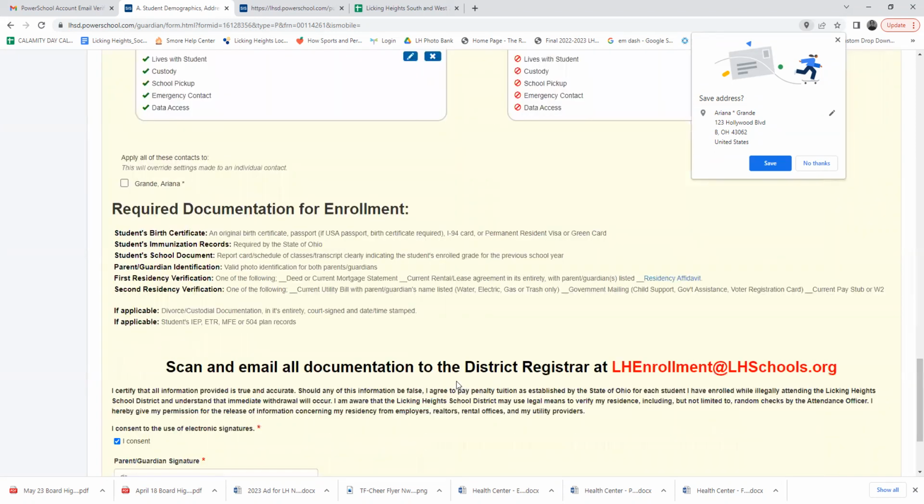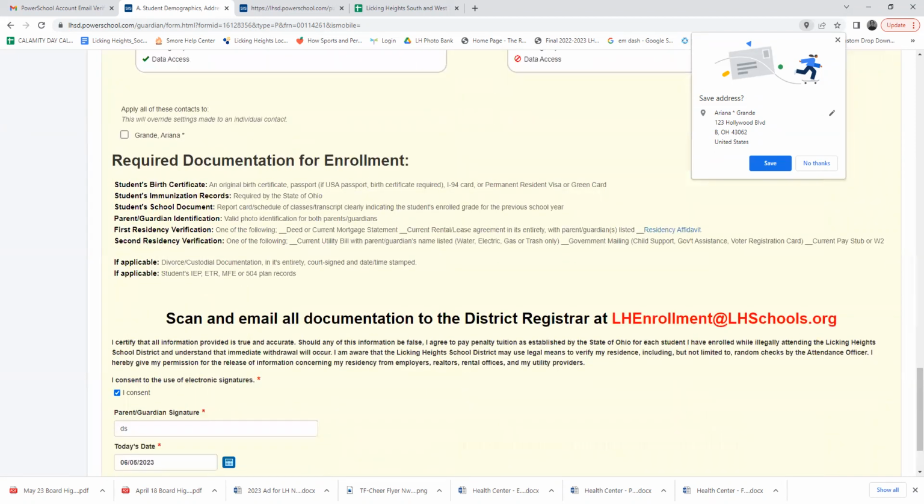Here's where the important documents listed at the start of this video come in. Licking Heights Local Schools requires a copy of each document to enroll your student. You must either scan and email all documents to the district registrar, Kelly Roach, at Kelly, K-E-L-L-Y .Roche, R-O-C-H-E,